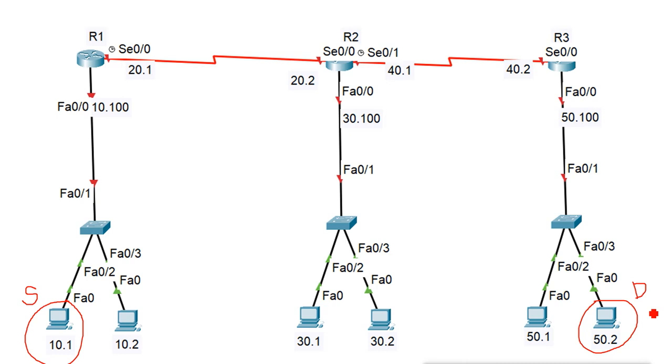Now the extended list, how does the extended list work? In an extended list we can mention source address and destination address. That means it will help us to block from a particular source to a particular destination. That means it will not be blocked. The source address with the source machine will not be blocked for accessing any other network and any other machine.